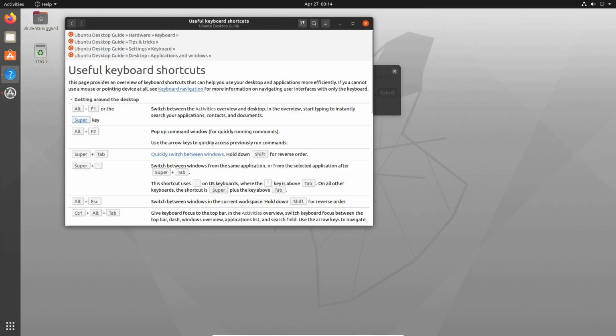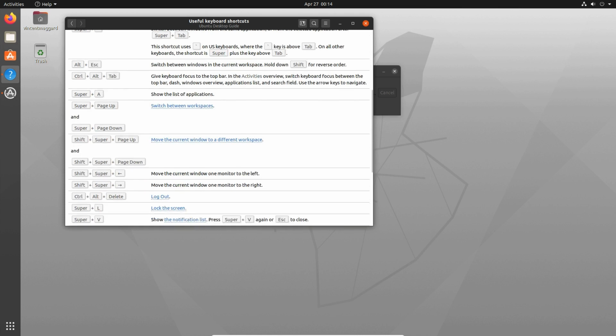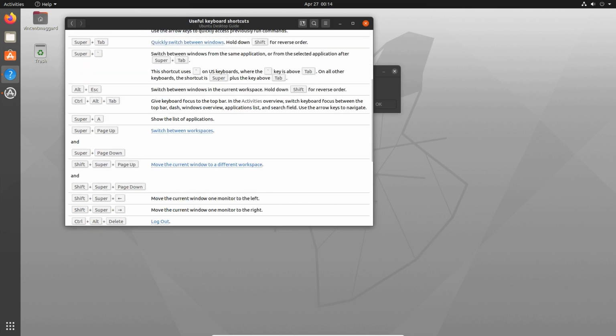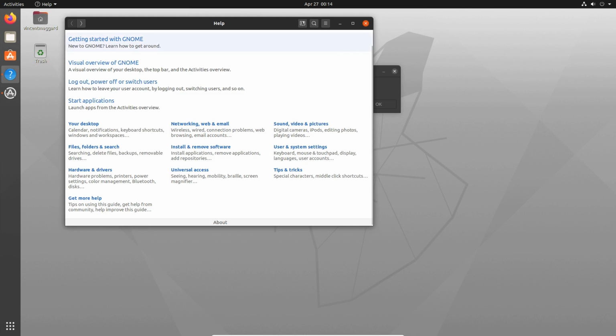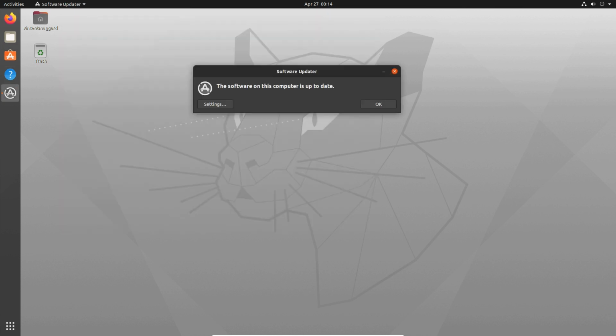I do like using the keyboard on Ubuntu. All right, and yeah, it looks like it's got a lot of shortcuts in here. A lot of these look familiar. I don't think that they've changed. Maybe they've added a few. I don't use all these shortcuts, so from memory it'd be hard for me to remember if they're all old or not. But very nice that they have that command, or not command,